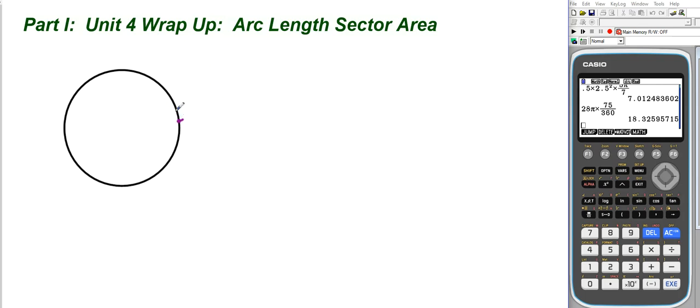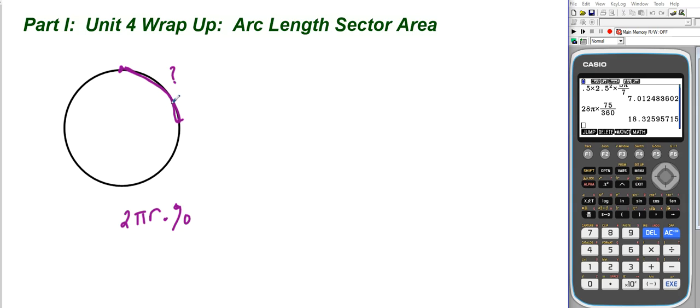Arc length is simply a length of part of the circumference. This length right here. And we don't know what that is, but we know the circumference is 2 pi r. As long as we have a radius, we can figure that out, or we can work backwards given an arc length. So we're going to take a percent of that circumference to find the arc length, and that percent can be part over, well, 360 degrees, the whole